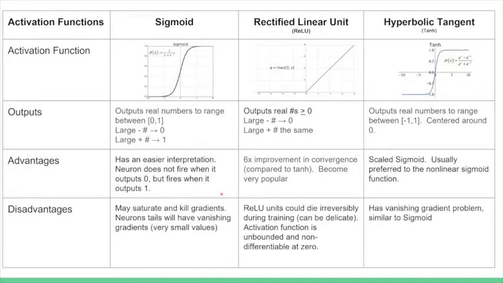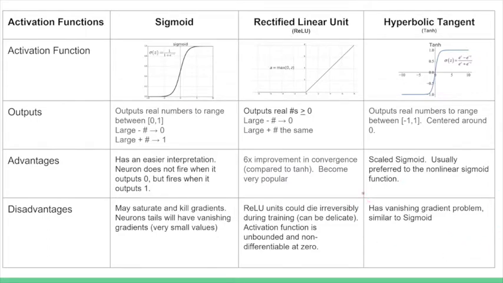If it's 0, the neuron does not fire, but it fires when it's 1. For ReLU, it's a 6 times improvement in convergence compared to tanh and is very popular. For scaled sigmoid, it's usually preferred to a nonlinear sigmoid function. But sigmoid may saturate and kill gradients, and there's a vanishing gradients problem that's also found similarly in the hyperbolic